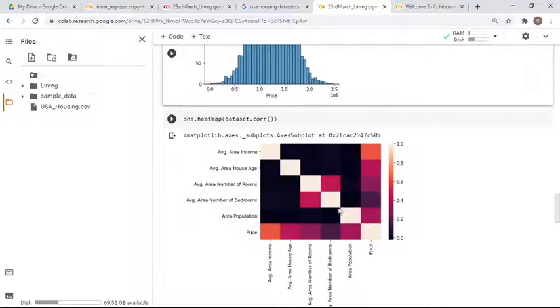So this is a little bit next-level thing, because normally students do accuracy and all, but if you show this in any project, then the evaluator will understand that you have actually implemented the project. And seeing the heat map, we can say which variable is most important.